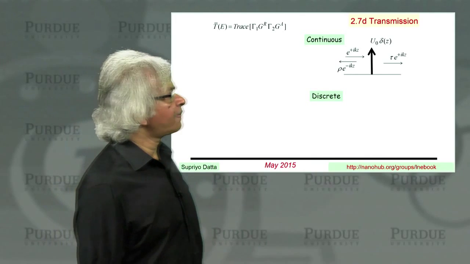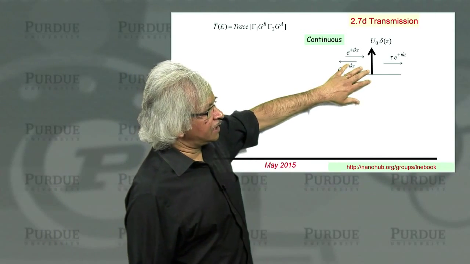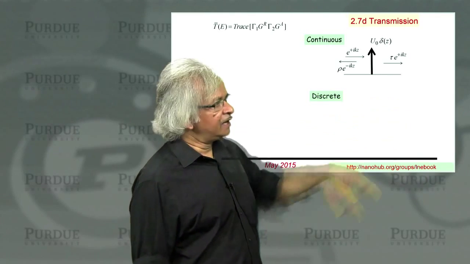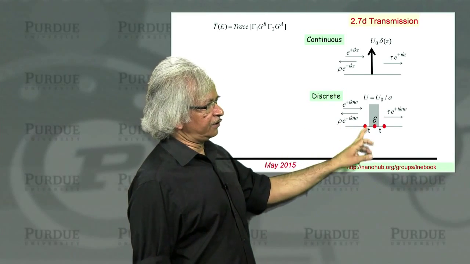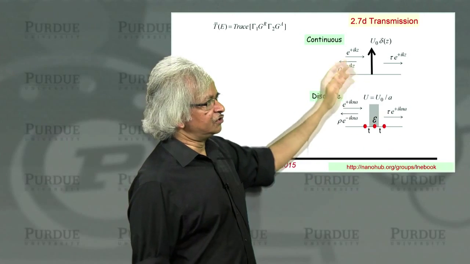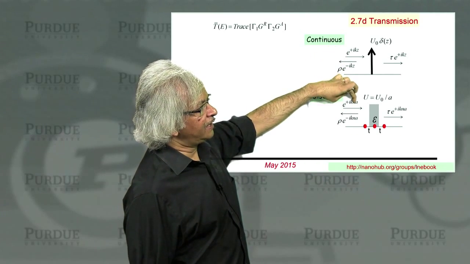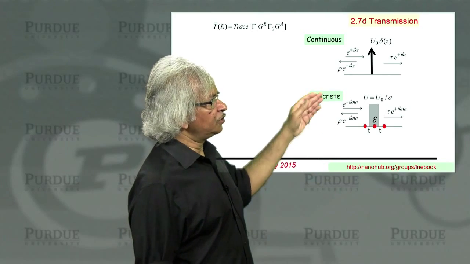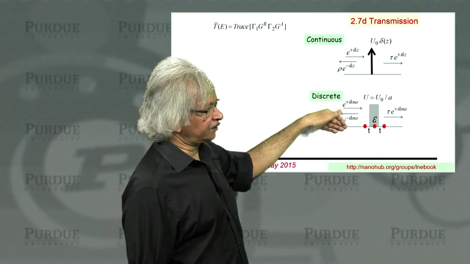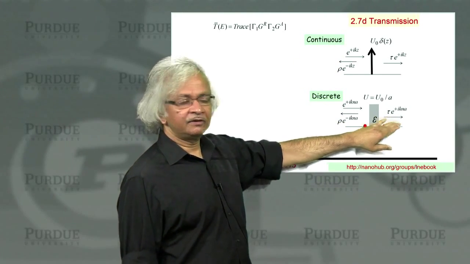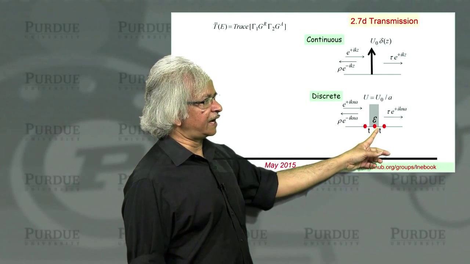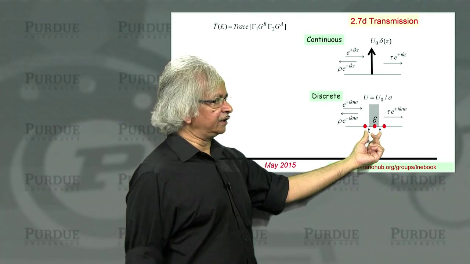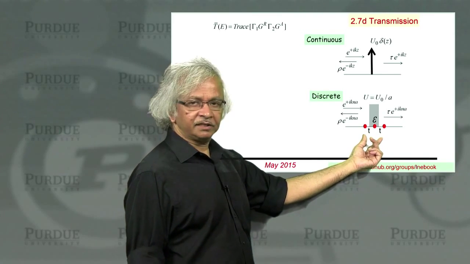Now, what we'll be doing though is the problem not with a continuous spatial variable z, but a discrete version of it, where you have a discrete lattice. So z is actually an integer n times the lattice spacing a. So you still have an incident wave and a reflected wave and a transmitted wave. And this is a discrete lattice. Diagonal elements are epsilon. The connecting elements, the upper diagonal and lower diagonal elements, are t.